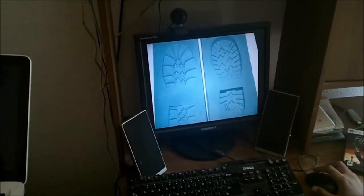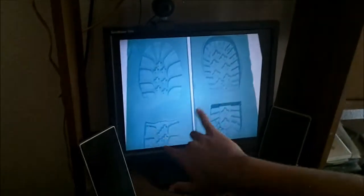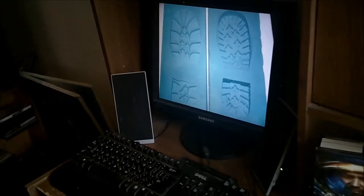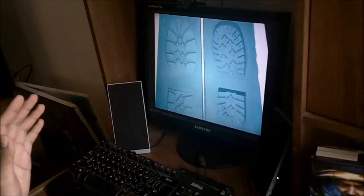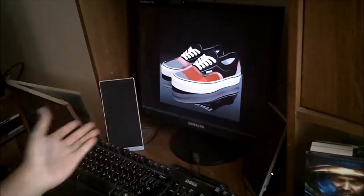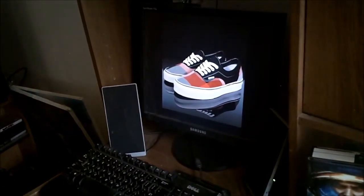From the size of the tire, we're thinking potentially a Hummer. The footprints we found, there was actually another pair that belonged to Chris Costenbeta, the victim. The other set of prints belonged to the suspect, we believe. Through research and analysis, we found that the set of prints was made by a pair of Vans shoes. So, obviously, this could help lead to the suspect's